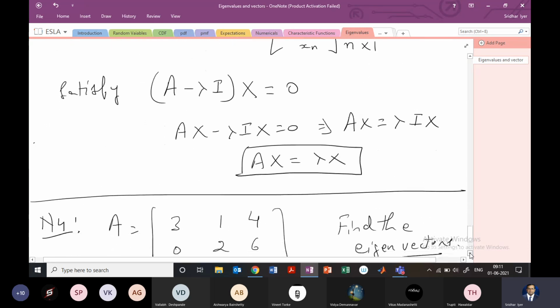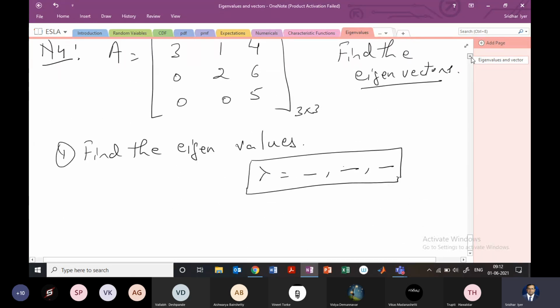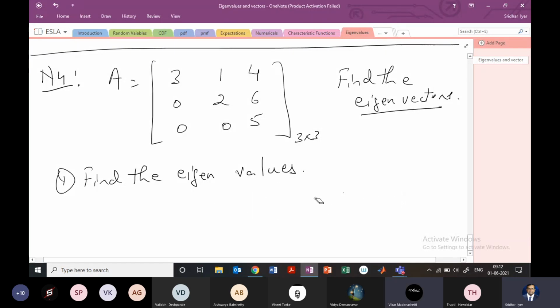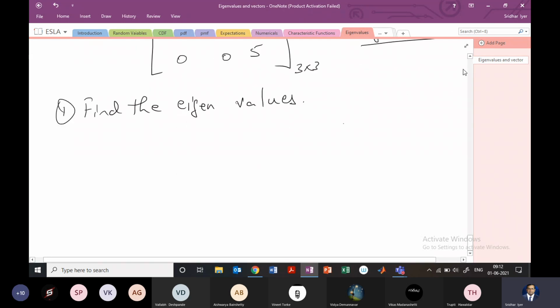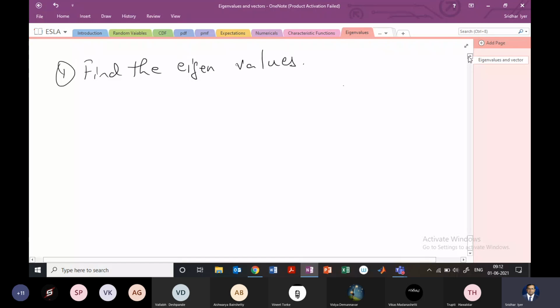So let's see how we can solve this numerical. I had given you this matrix. Anyone who has solved this matrix to get the eigenvalues? 2, 3, and 5. Yeah, okay. Let me do that quickly, so that will be like a revision. The question here is that this matrix is given to us and we need to find the eigenvalues and the eigenvector. The first step is to find the eigenvalues. Let me scroll up.